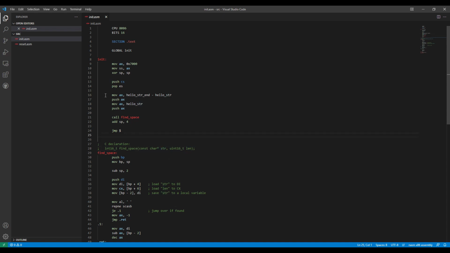We push the length here, and the beginning of the string we just load into AX and push this value just before calling find space. Well, this code really ignores the return value. It was just to present the example of C convention written in assembly, but the last thing we have to